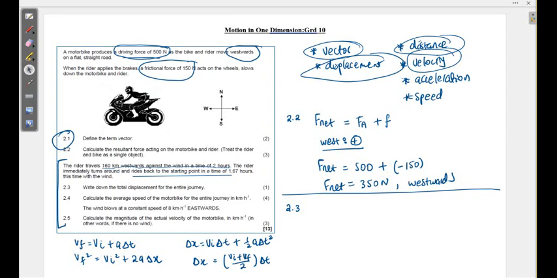I think it's, so is it fine if I calculate, mm,